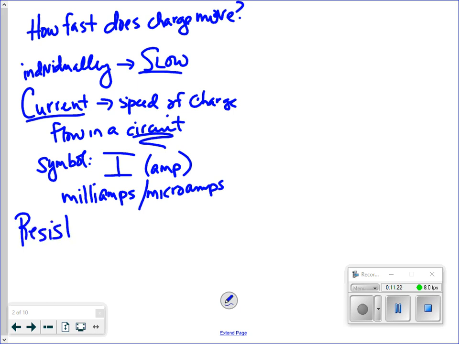resistance. This is measured in ohms, which is the Greek letter omega. Ooh, that's a pretty good one. I never usually do those all that well, but what do you know? All right, so this is the restriction